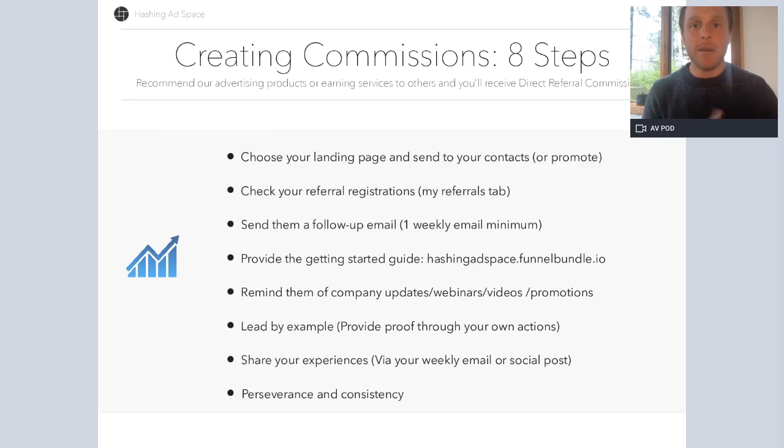The same thing with minting. If you want other people to be minting in your team, you better be minting, guys. Okay, you need to be leading by example. You need to say, yeah, I'm minting every single day. I do it every single day. I log in every day. I'm in my ads and I'm making those Asimi tokens. Okay, so lead by example.